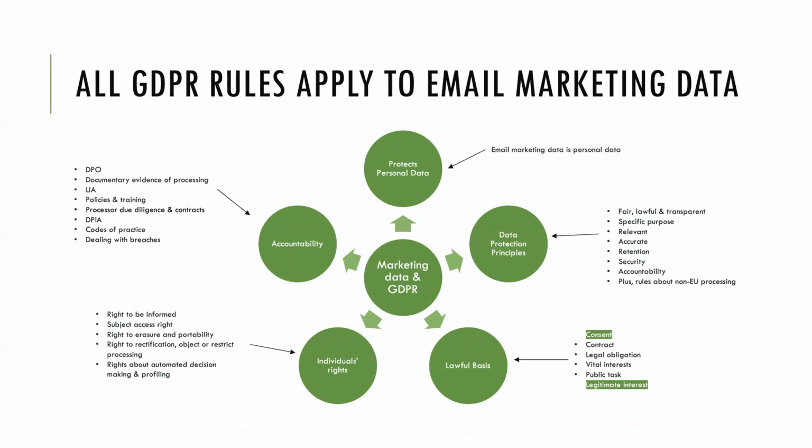So GDPR applies to all personal data, so that includes email addresses as well as names and an address. It applies to any individual that can be identified from the data. So like I said, an employee within a business, that data, if you can identify who that employee is, is personal data, and data protection applies. So this isn't just about individuals that you might have as customers, it's as well as your suppliers, your employees, and people you interact with